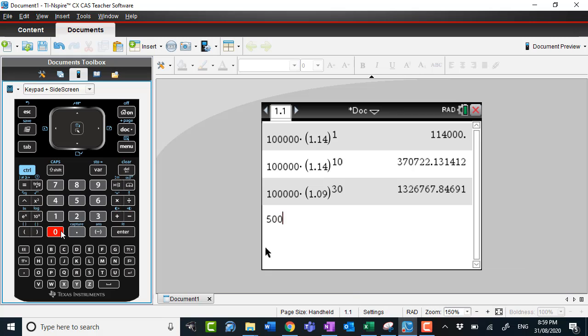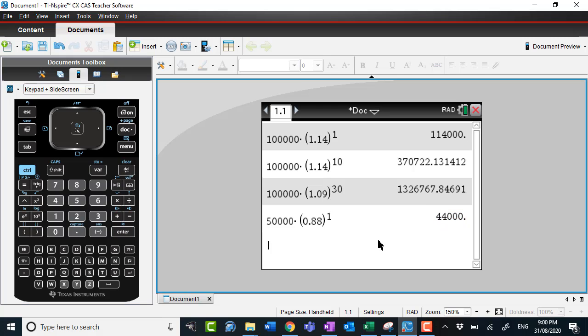50,000, and let's multiply that by 0.88, and then let's do that after 1 year. Okay, so we've got a 12% decrease in 1 year. So that's actually, as it turns out, going to be 44,000 people after 1 year. What about though if I'm going to something like, let's say, 5